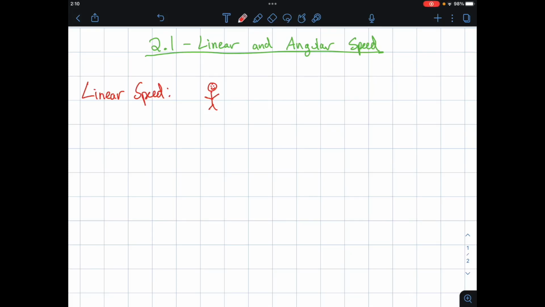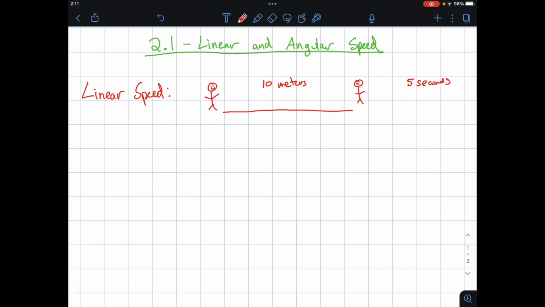In this lesson, we're going to look at linear and angular speed. Now, when you think of the speed of an object, you're probably thinking by default about its linear speed, or the speed that it is moving in a straight line. For an example, say we have a person who runs a distance in some amount of time. And let's say that they ran a distance of 10 meters, and then it took them 5 seconds to run